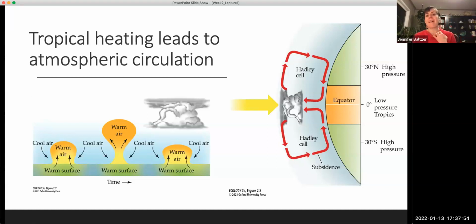Yes, I can. And I might even post an extra. I found a super cool way of demonstrating it that I might do with my kids when they have some time, and I'll post that to demonstrate how that works. It's a really simple, neat visualization of that. Okay, so is everybody good with the circulation cells?